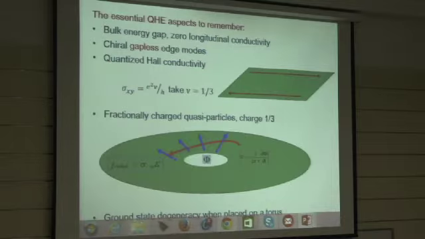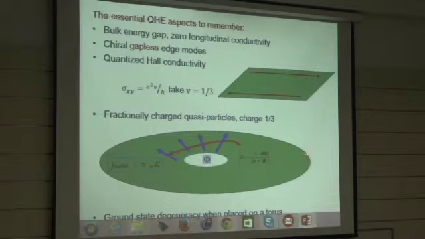And the last property I'd like to remind you of, and maybe the most spectacular one of this type of quantum Hall effect, called the fractional quantum Hall effect, where this quantity is a fraction, is the existence of fractionally charged quasi-particle excitations. What do I mean by that? What do I mean by that for the context of this talk is that if you look at this type